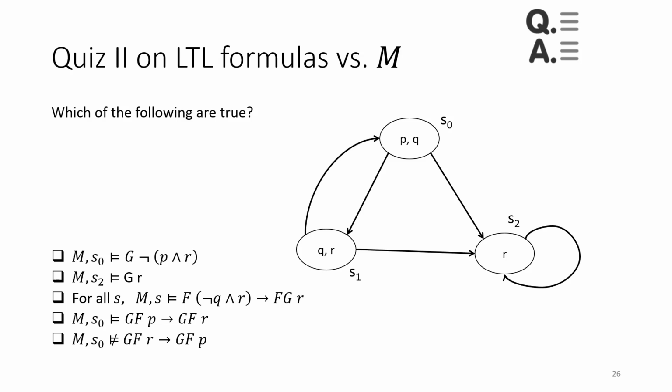Yeah, so welcome back to the Formal Methods for Software Engineering lecture. Last time we started looking at linear temporal logic, or temporal logics in general, and then specifically at linear temporal